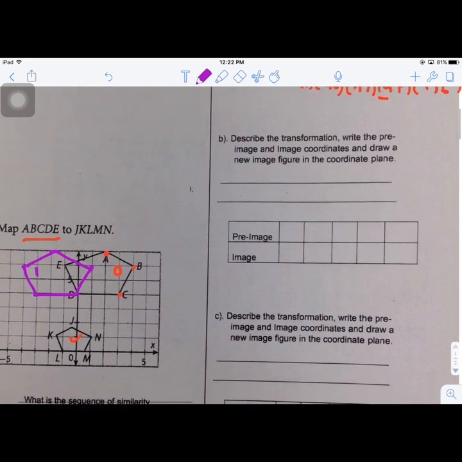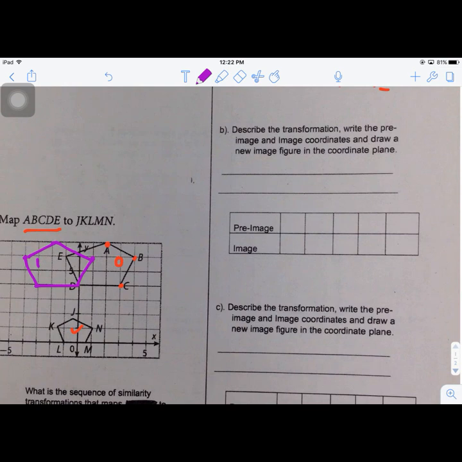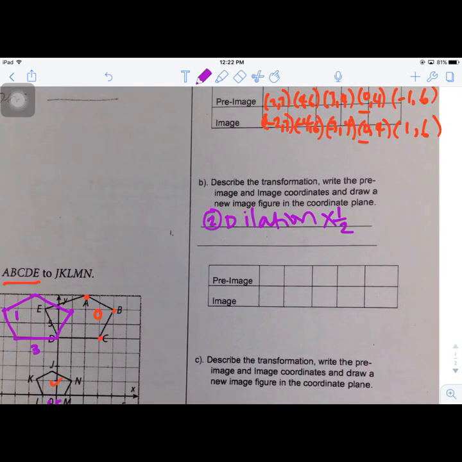And it looks like our figure needs to be smaller. So we're going to do a second move, a dilation. And it looks like it needs to be a ratio. This is 3 units. This is 1.5. Looks like it needs to be a half scale. So we're going to multiply all of the coordinates. So let's transfer all of the